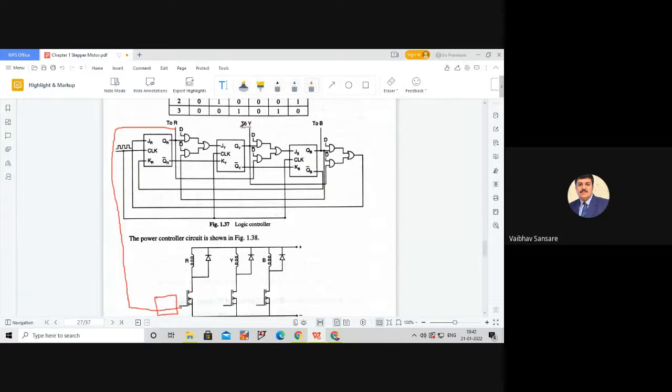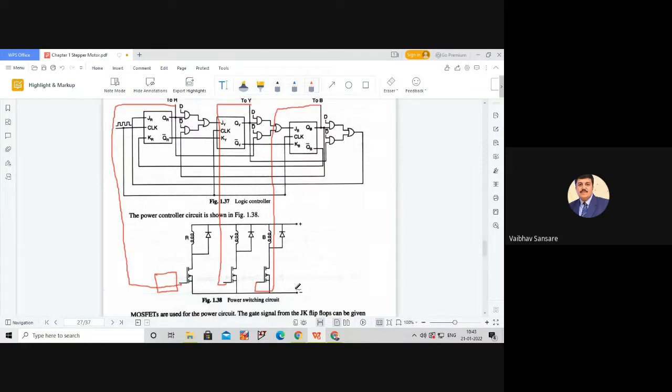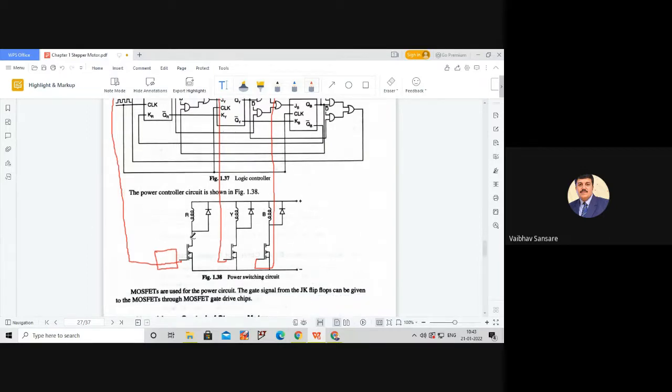Y phase excitation pulse is given to the gate driver circuit of the MOSFET which is connected in Y phase. B phase excitation pulse is given to the gate driver circuit of the MOSFET which is connected to B phase. Now, according to the logic sequence which is received from this logic controller, the particular MOSFET will turn on